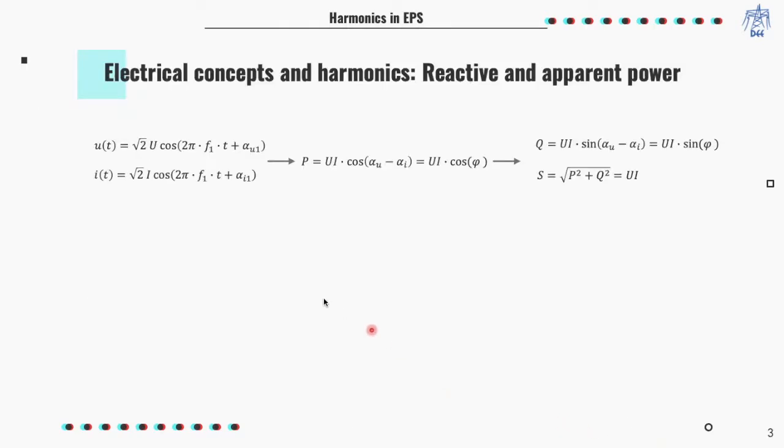Let's start with the electrical concepts of reactive and apparent power in harmonic conditions. First, it is important to understand the concept of reactive and apparent power in sinusoidal conditions. We already know the expression of active power when we have sinusoidal voltages and currents. We also know that the definition of this power is important because it represents a physical meaning of the power